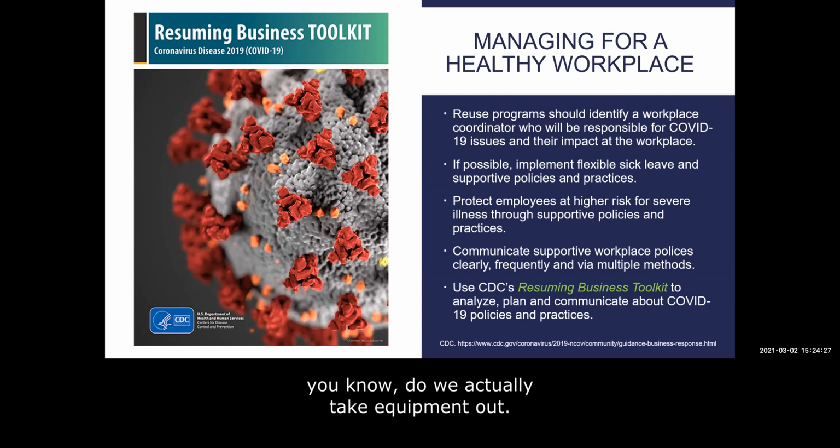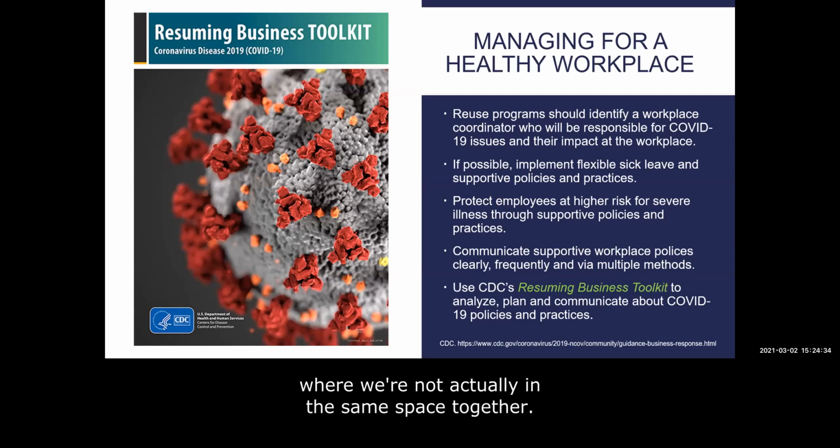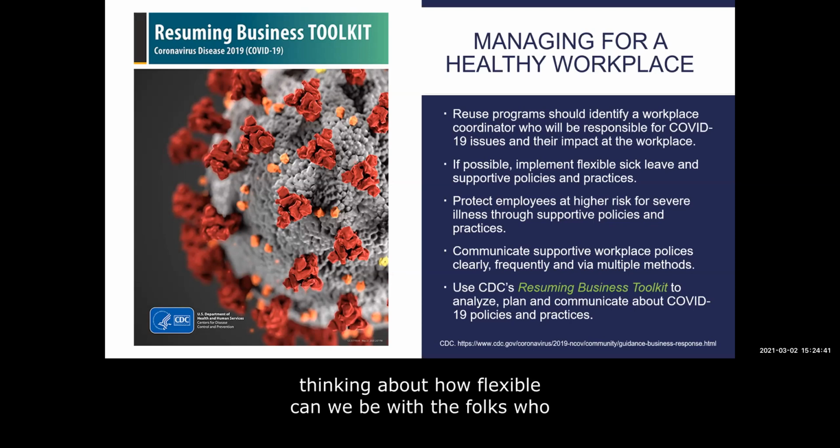Do we actually take equipment out? Do we have a space where we're putting equipment that somebody can actually pick up, where we're not in the same space together? Is there a room that we could do that kind of thing in too? So thinking about how flexible we can be with the folks who are working on these important projects, protecting employees at higher risk for severe illness through those supportive policies and practices,